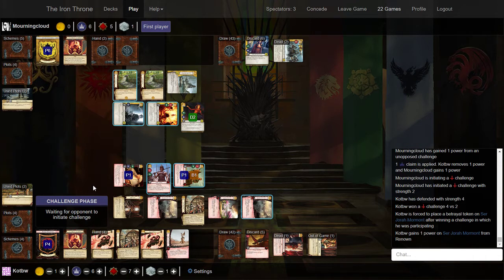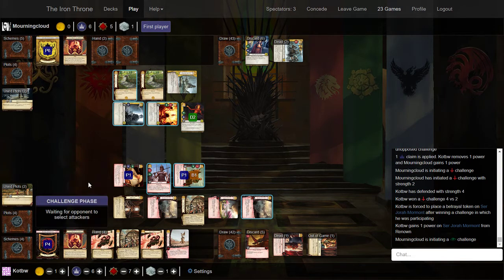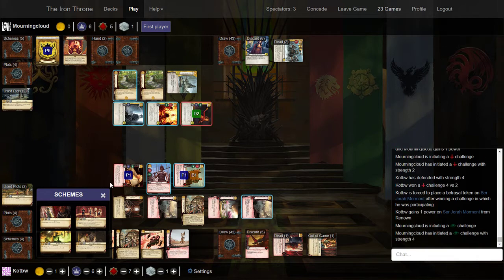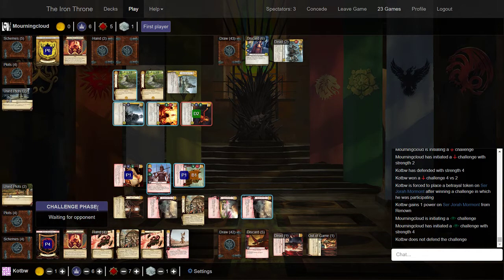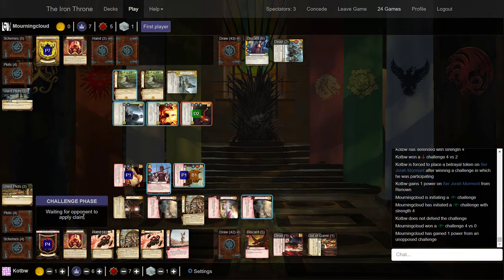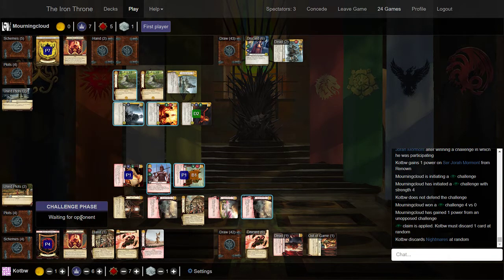I don't know. I just don't know at the moment. If he does an intrigue, I'm just going to let it go. Probably here, we jump the army in, do a military to kill someone. We then